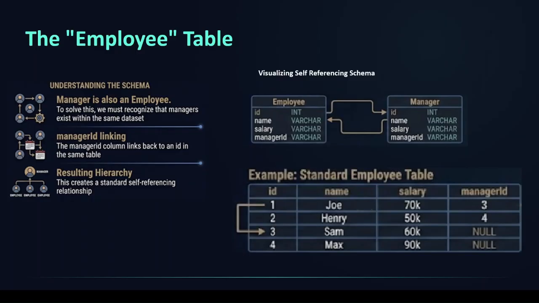Look at row number 1. Joe has a salary of 70,000 and his manager ID is 3. To figure out who Joe's manager is, we have to look up the employee whose ID equals 3. If we scan down the table, ID 3 belongs to Sam, who makes 60,000. By looking at this manually, we can see that Joe makes 70,000 and his manager Sam makes only 60,000. Joe qualifies for our list. Our goal is to write a query that performs this exact lookup and comparison automatically for millions of rows.